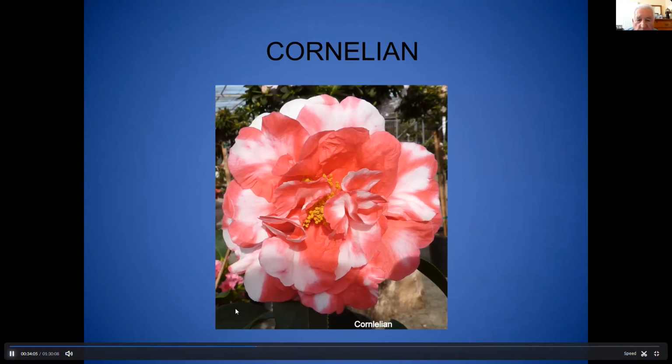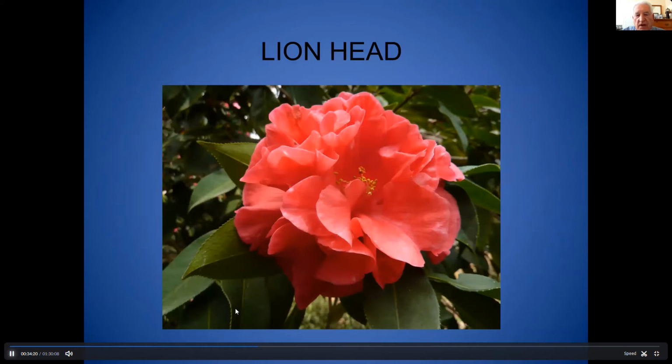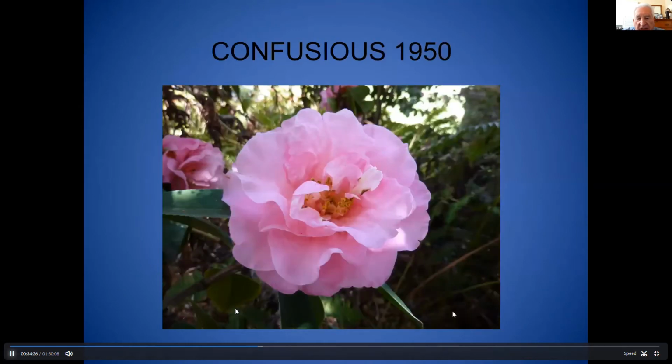And this originates in China too, but where the first ones came and how they came is unknown. But this is a good example of a very nice variegated camellia. And Lionhead is another gorgeous red large retic. Then in 1950, they begin to import some more